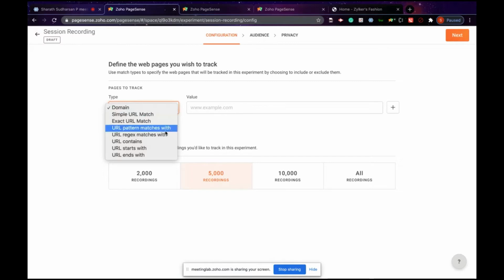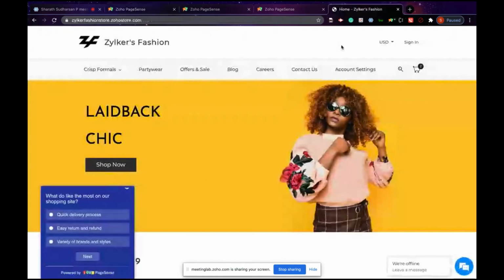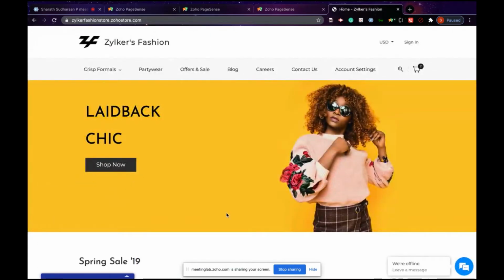Moving on to the URL pattern matches with. This match type is used to target more than one page of your website. Let me show you an example. Here we have the test website. If you take a close look at this one, you can see we have the components here, called the CTA buttons at the top.